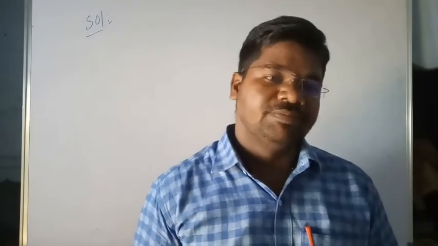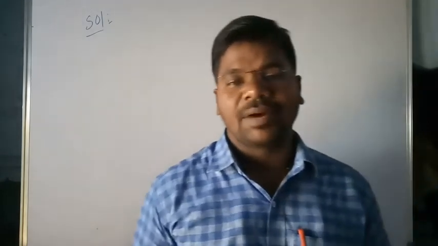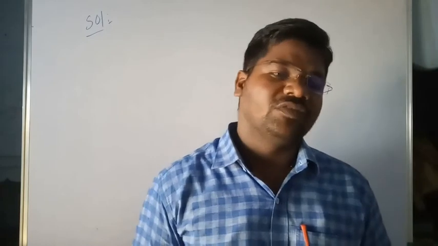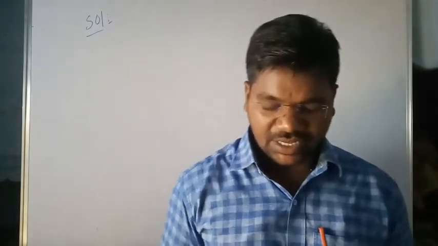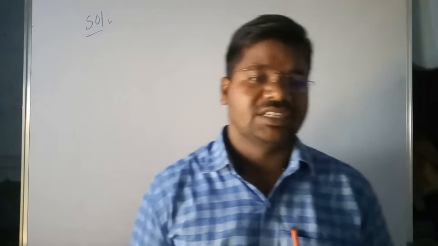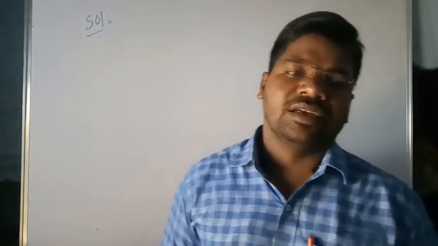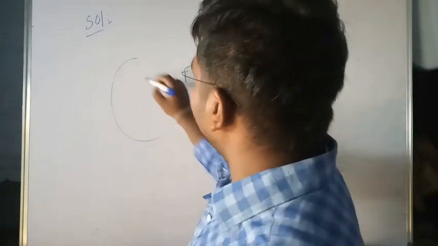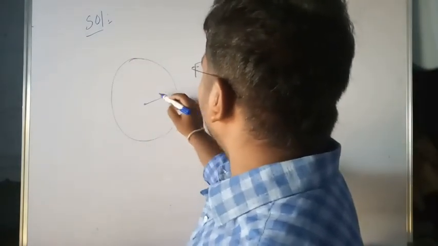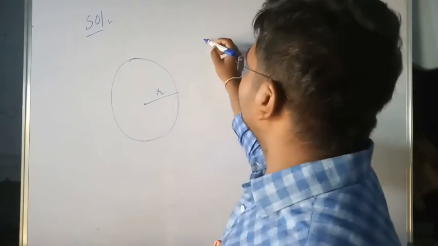So it is very easy and interesting, based on distance and displacement, velocity and speed. Okay, see here, this problem looks like a particle moves along the circumference of a path. So in this case, we have to find average speed and average velocity. Distance traveled by a particle in one rotation. Okay, so here one circle is there, radius r.